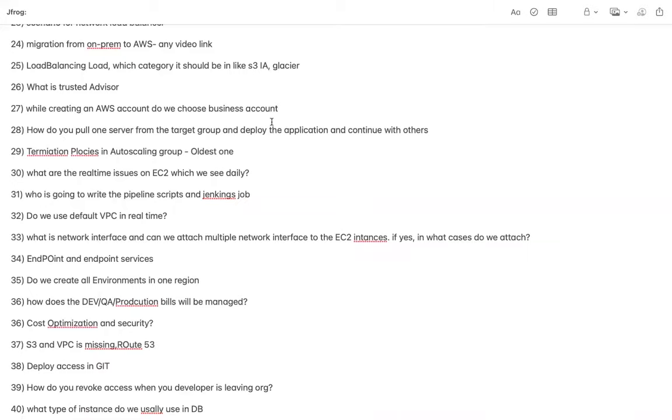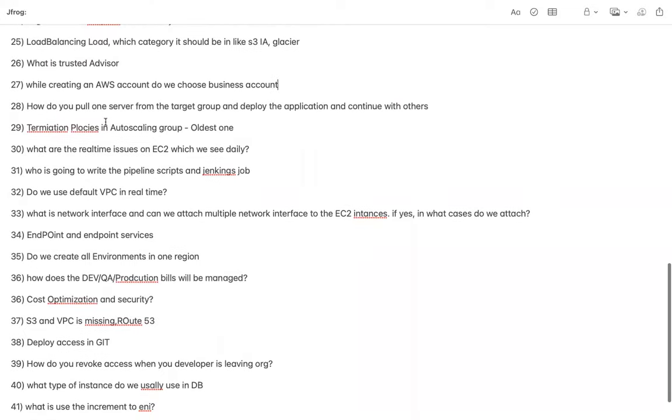What is the premium cost for that business account? There is no such specific amount. For the first $10,000, AWS will charge you 10% of it, which means $1,000. If your bill is going to be $10,000, AWS will charge 10% of 10,000, and for the remaining amount, whatever it is, AWS is going to charge you 7% of it. Above and beyond $10,000, AWS is going to charge you 7% of your entire bill, excluding the first $10,000. So the first 10,000 is 10%, and the remaining amount is 7%.